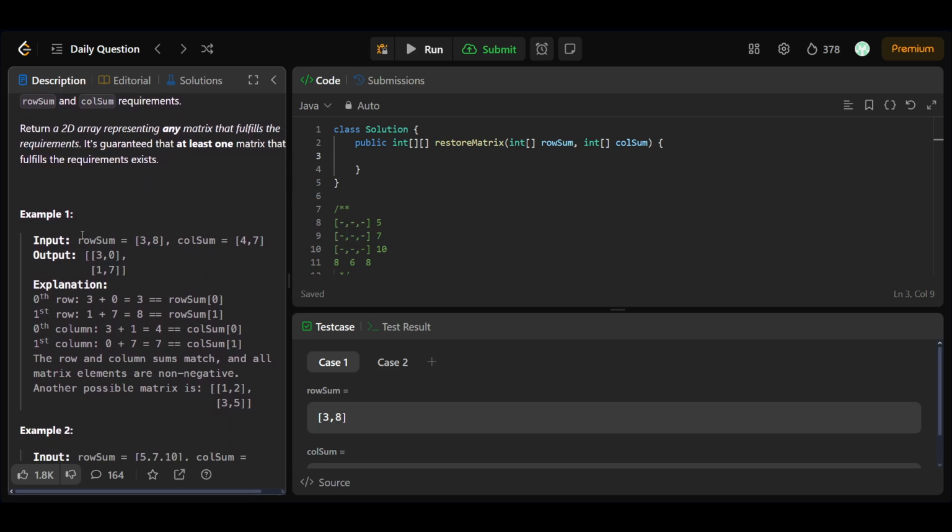Okay, for example, we are given the row sum as 3 8 and the column sum is... Oh, okay, it's not on the screen, but I was shown a pop-up. Okay, never mind. Yeah, so for example, we are having row sum as 3 8 and the column sum is